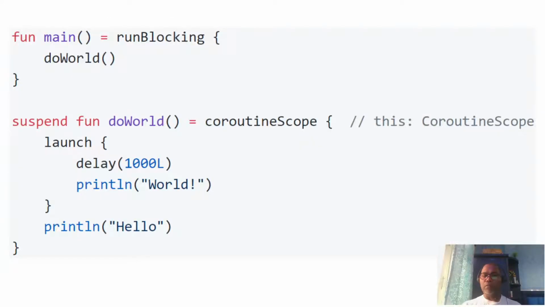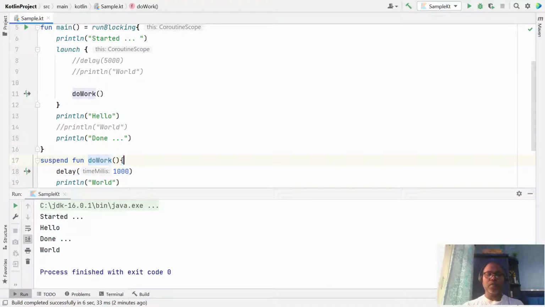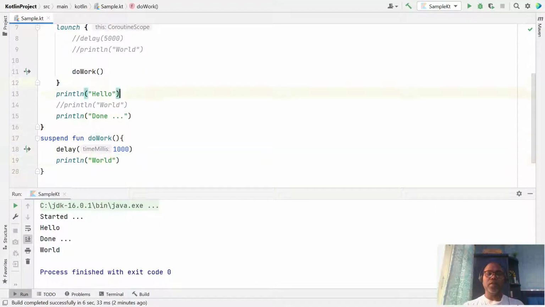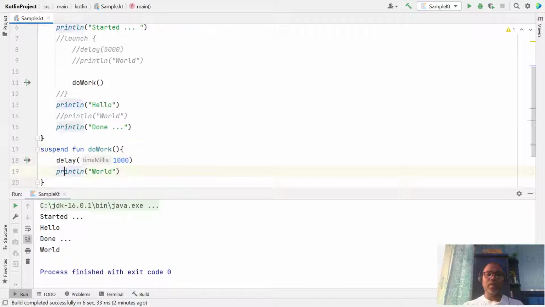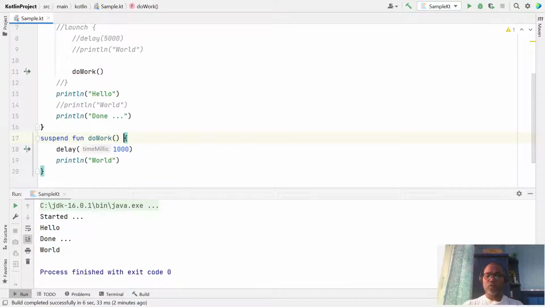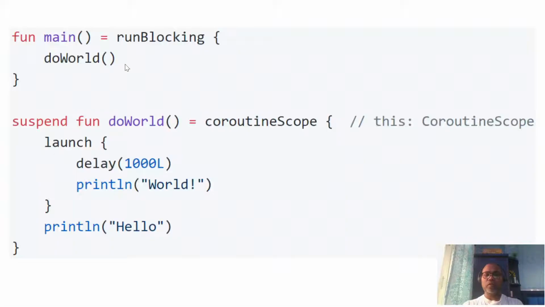Let us see how we can write this as a coroutineScope. Similarly, in our function, instead of writing the runBlocking block here, I just commented it out and say that this method should have a coroutineScope.